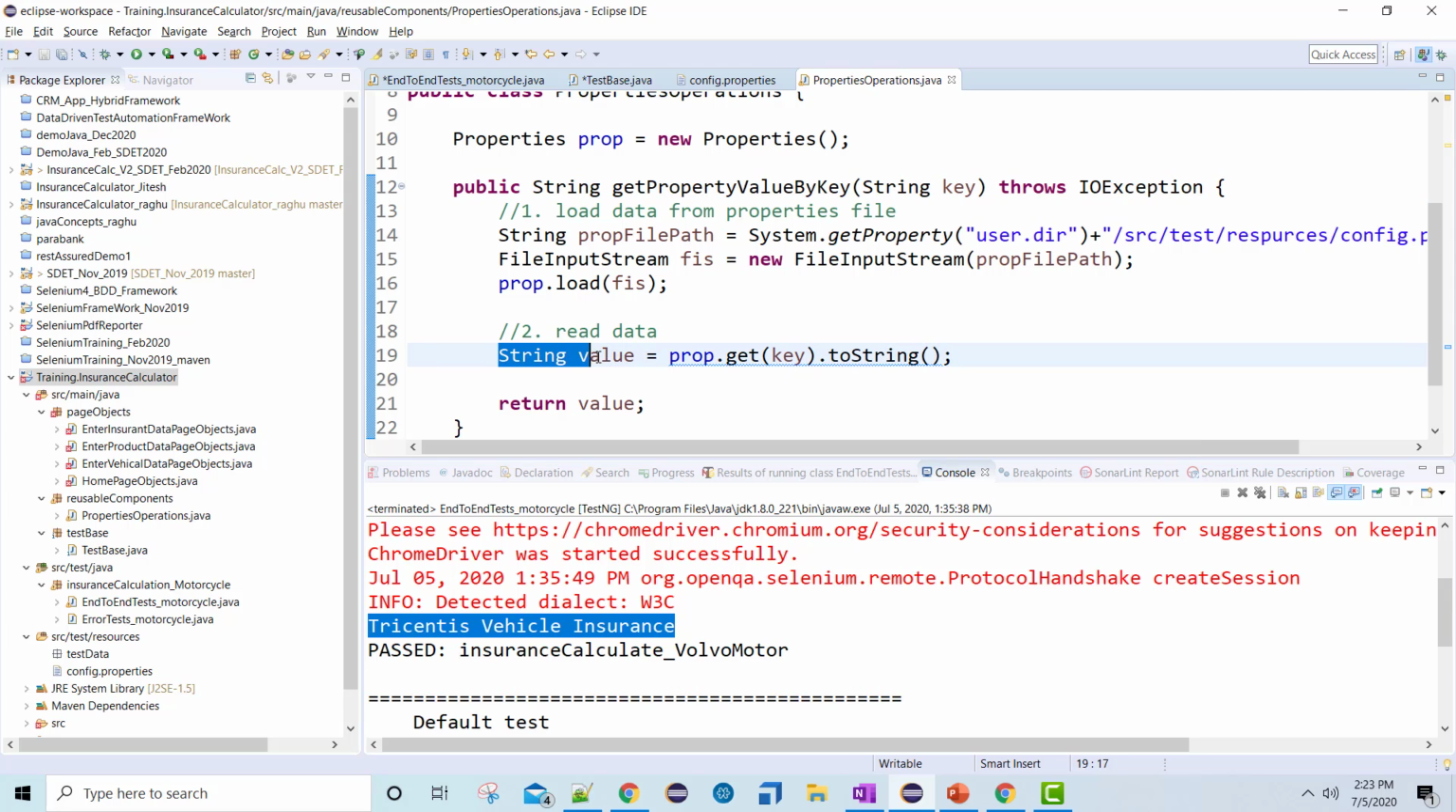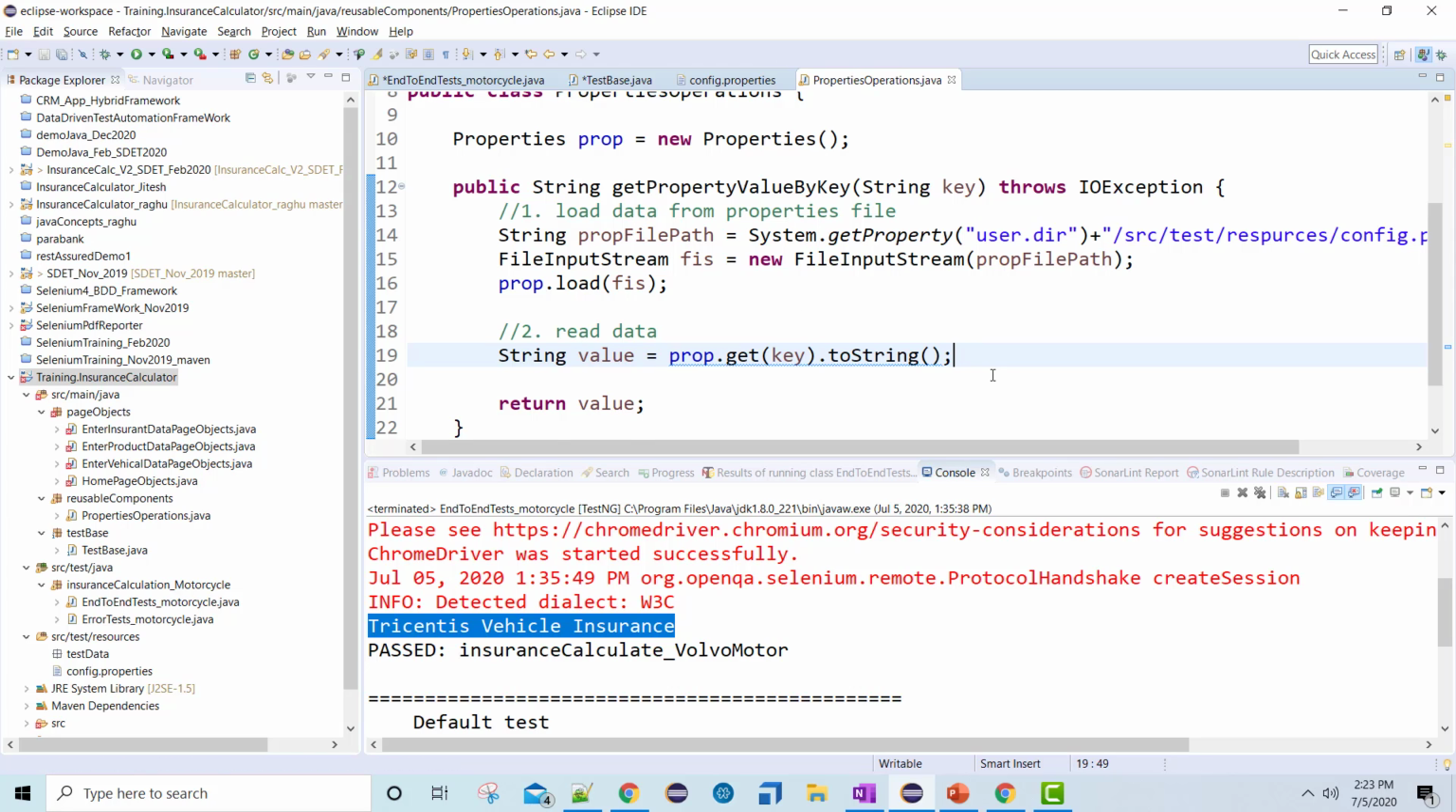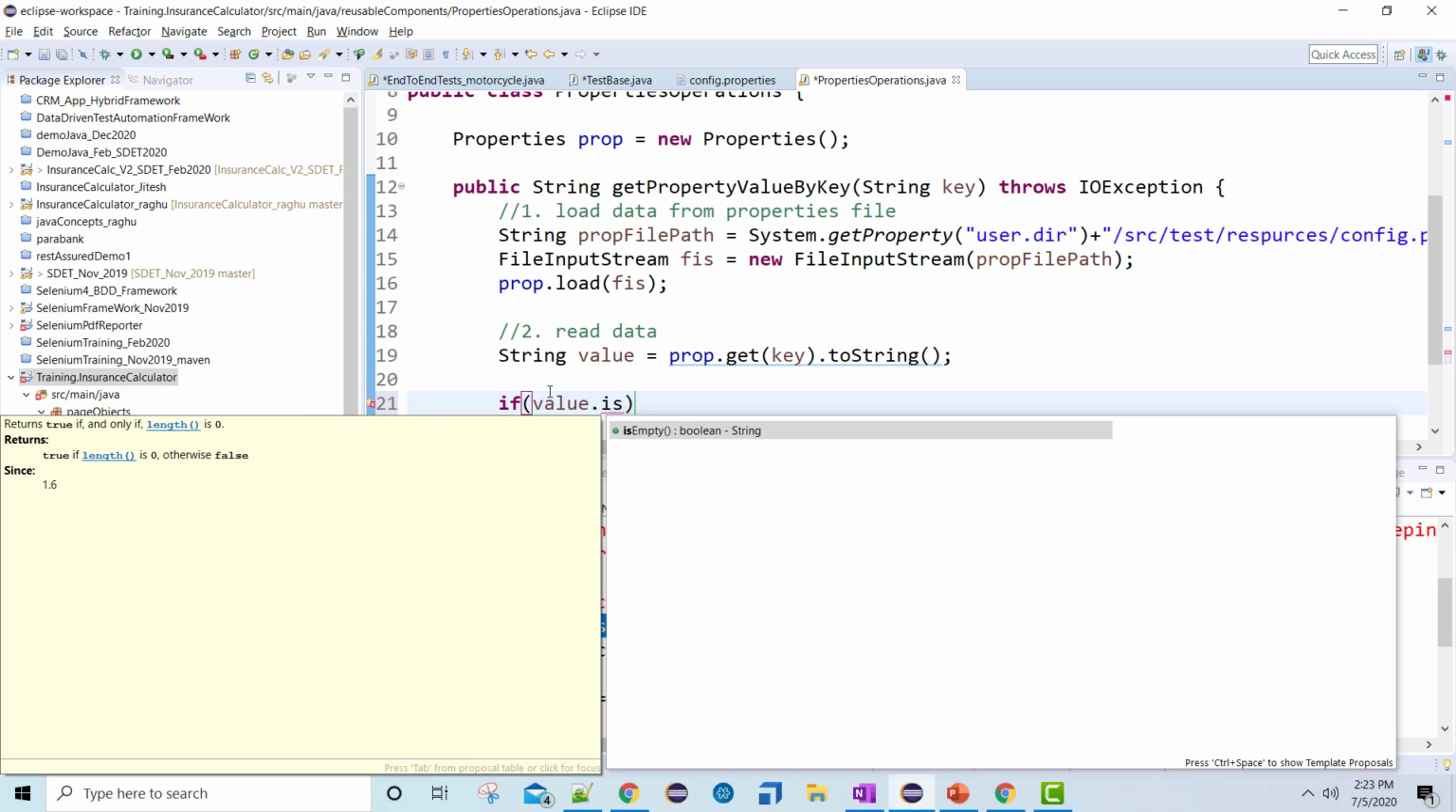Okay, so it is saying this is a temporary variable, so instead of returning value, I can directly return this particular part. You can do that, let it be. Okay, now let us do one quick validation over here. Let's say if my value is null. So what I'll do is I will say if value dot is empty,